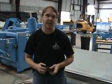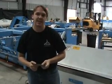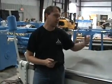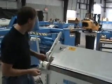I'm going to show you how to adjust the handbrake. There are a few reasons why you may need to adjust the handbrake. One of them is that you're not getting a straight bend down the bed of the brake, and another is possibly that the folding beam is slipping under and you're getting good bends on the end, but it's underbending in the center. So the first step in adjusting the handbrake is to adjust the clamping pressure, and the way that